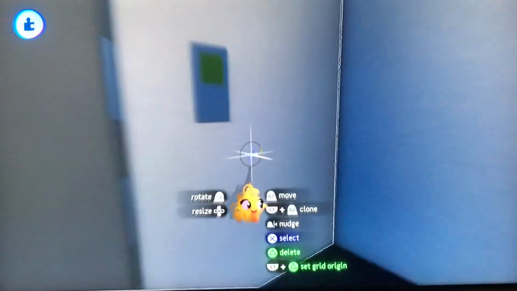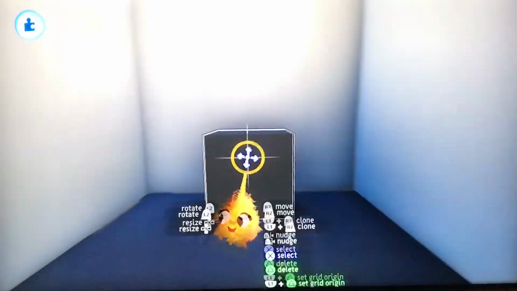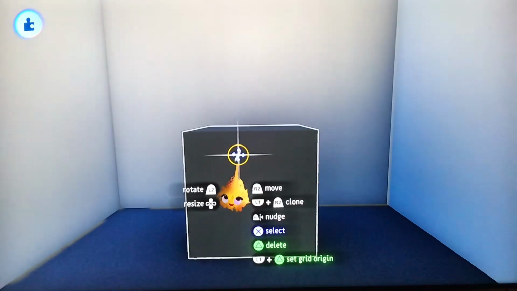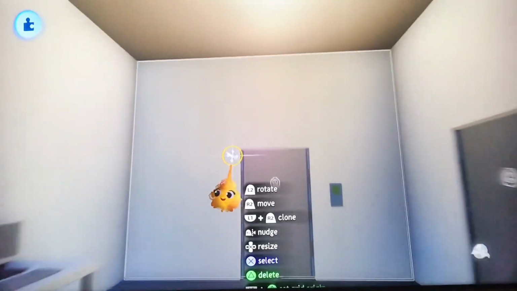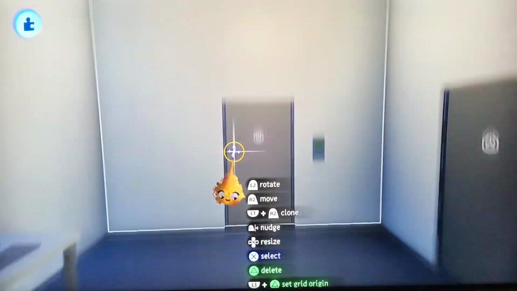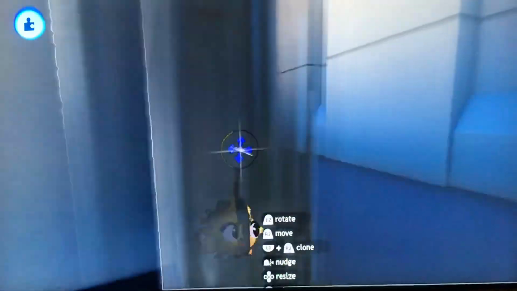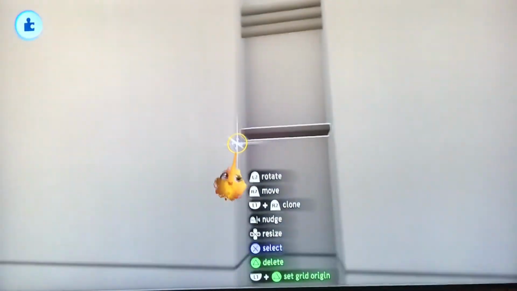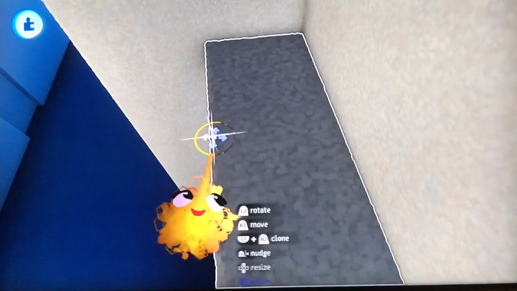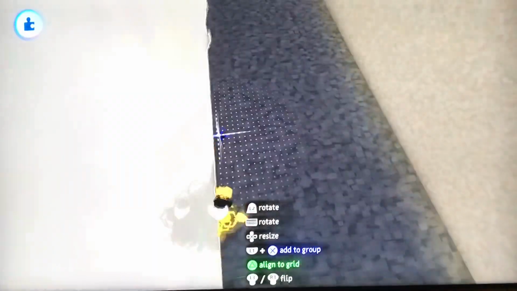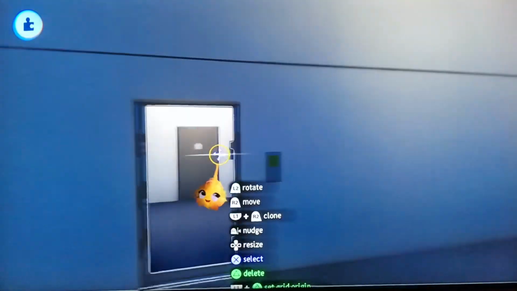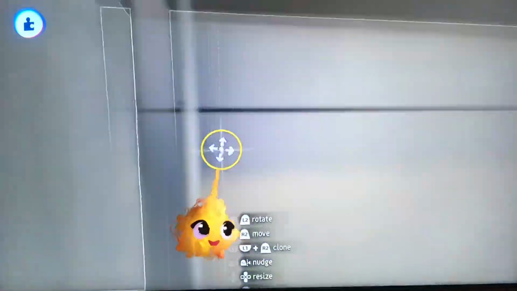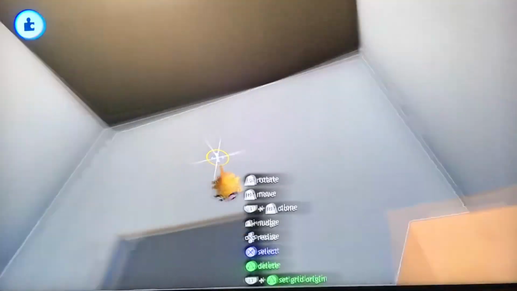So yeah, I'm going to see if I can edit some photos in of the actual models to help you guys out. But if I can't, then well, this is actually a pretty accurate version. So I'll just edit photos, like screenshots of this in for you guys to see. But that's it. So now when you look at it, the outside looks up. Look at that. There's a little error here. We're just going to move that one in a little bit, and there we go. So now final check. Door looks nice, grooves look nice, and I'm pretty sure that the ceiling has been completely